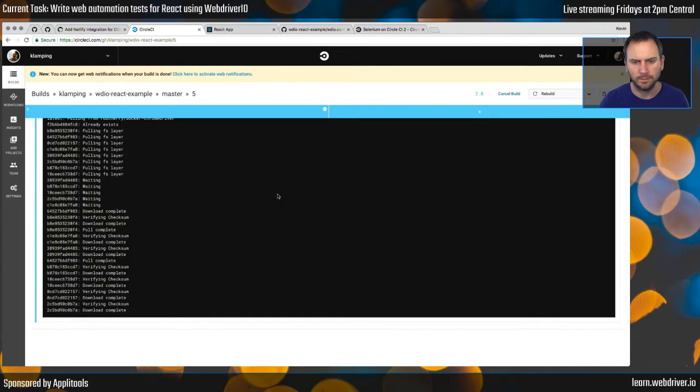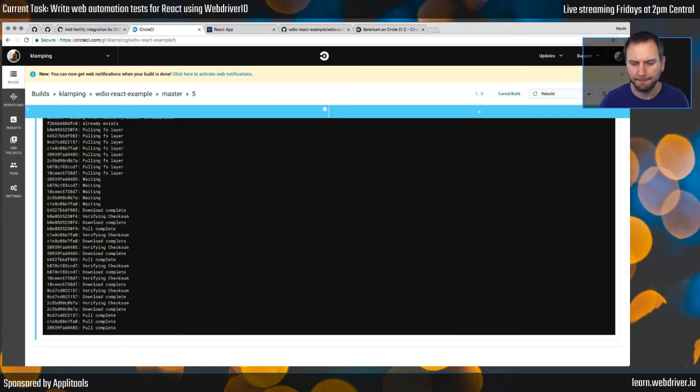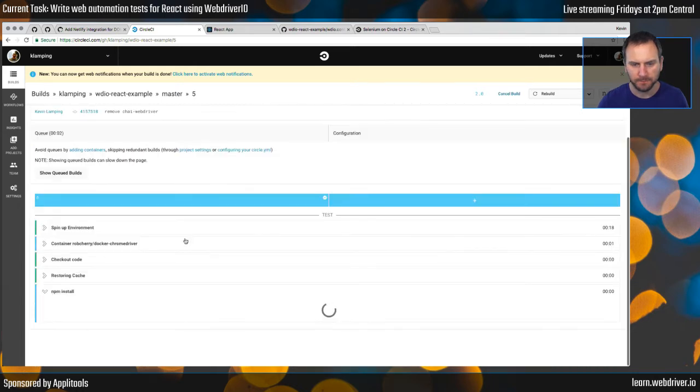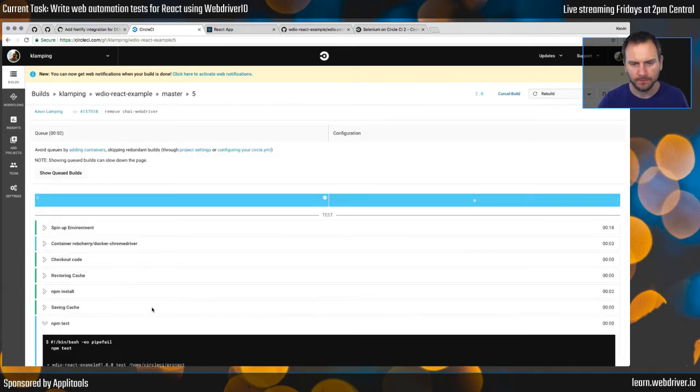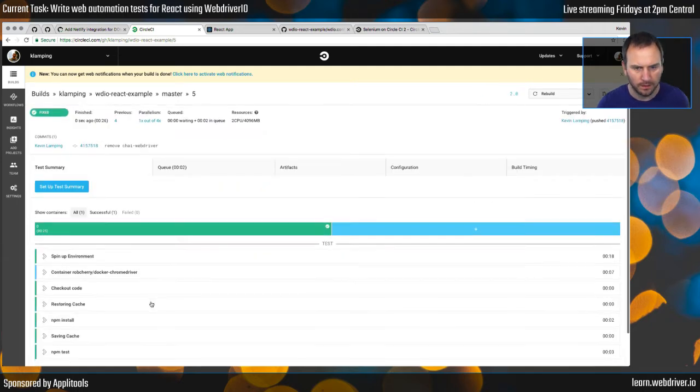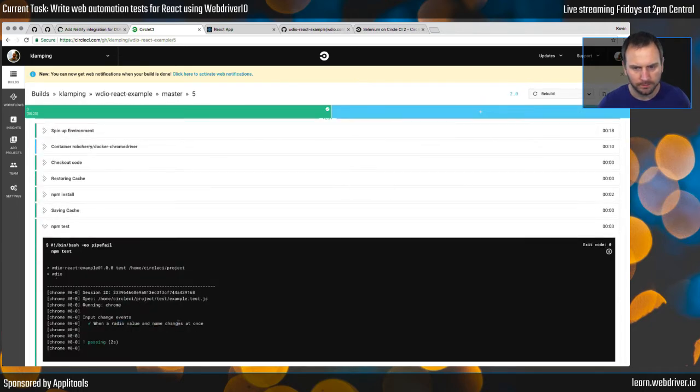We have our image running again. Let's see how this test runs. Awesome. It ran. It ran inside of Chromedriver